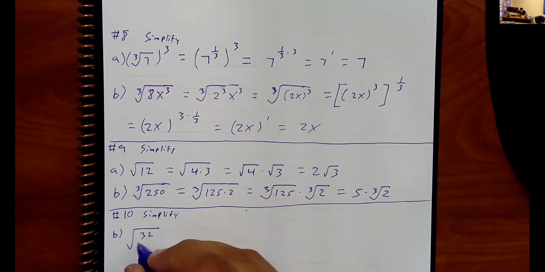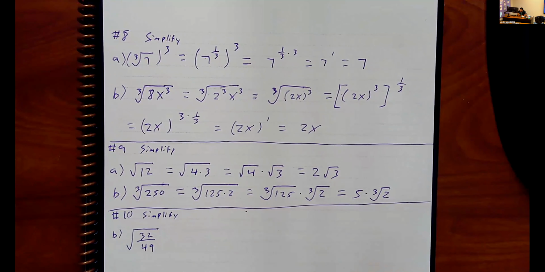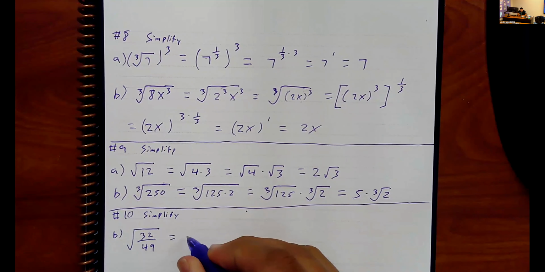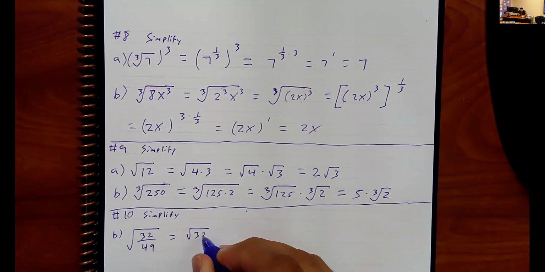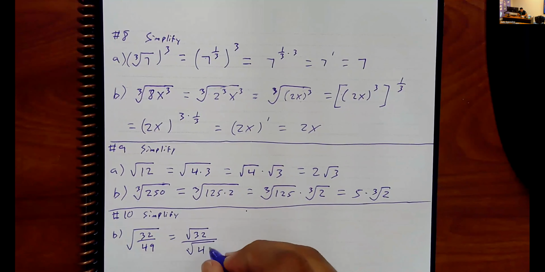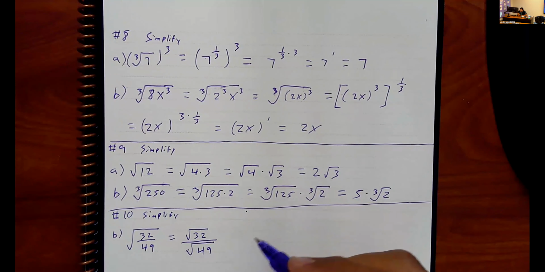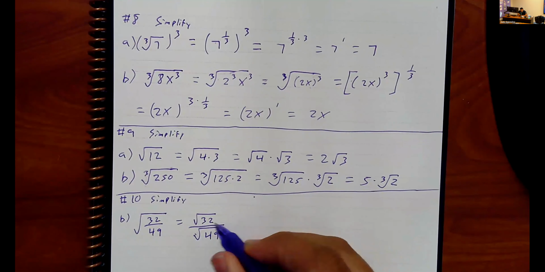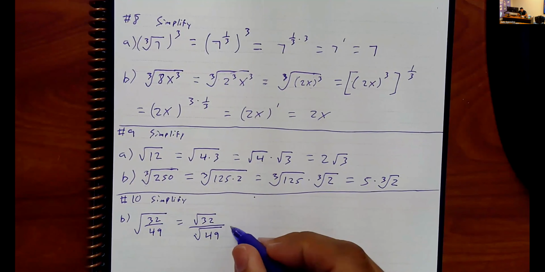So 32 over 49. So what you want to do is separate them. Assuming the fraction doesn't reduce, right? If it does reduce, cool. Do that first, but